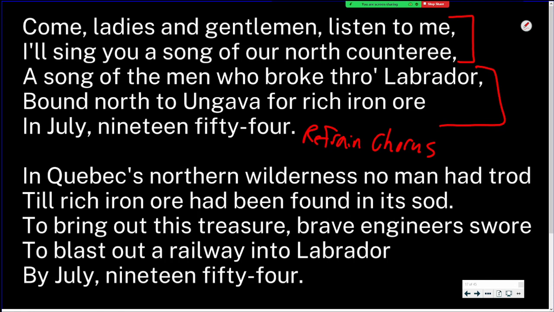So 'twas in 1950 the work was begun, and up the St. Lawrence the workmen did come, Canadians and foreigners, 2,000 and more, all joined in the battle to get at the ore, by July 1954. In planes and in barges and bateaux galore,